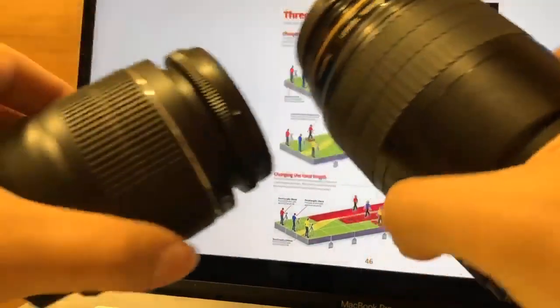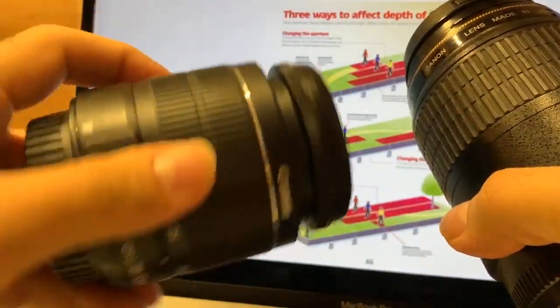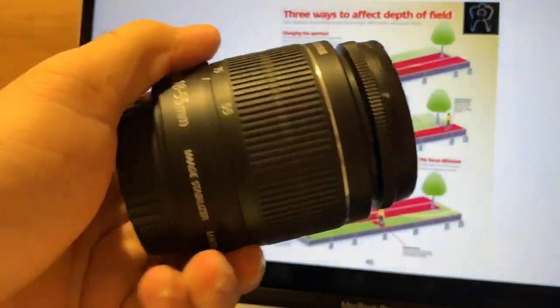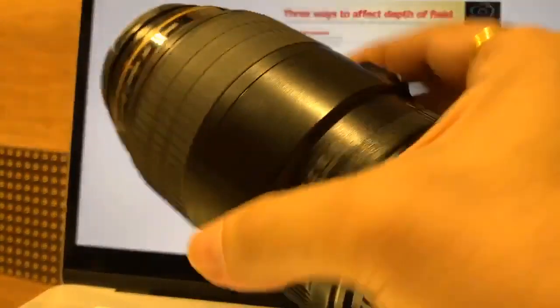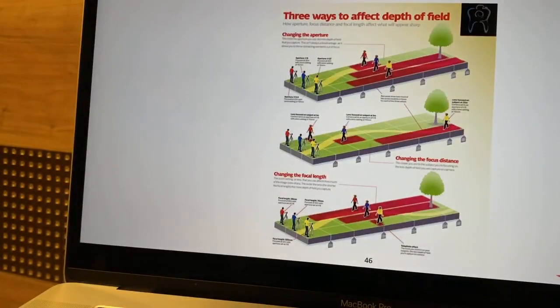When it comes to F number, both the lenses are almost same. In this lens, I can go down as low as 3.5, and in this lens, I can go as low as 2.8. And the maximum F number that you can go with the 18-55 lens, that is this lens, is F22, and with this lens you can go as high as F32. That means this lens is capable of giving me a large amount of flexibility when it comes to F number. So both the lenses are perfect with that. Both the lenses are almost equal, so not a big deal. When it comes to F number, it is a win-win in case of both the lenses.